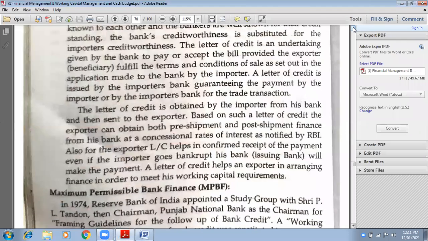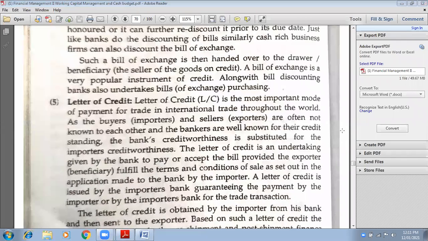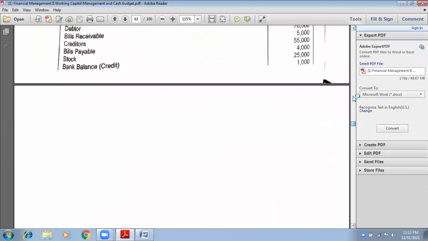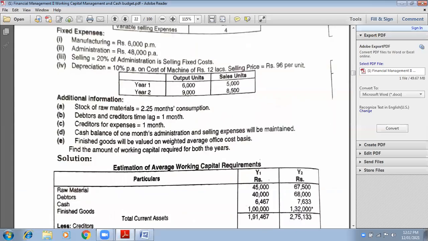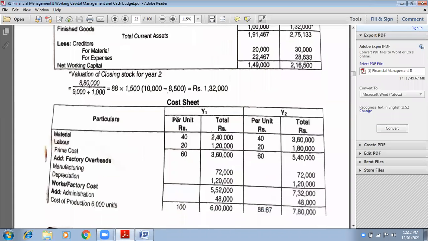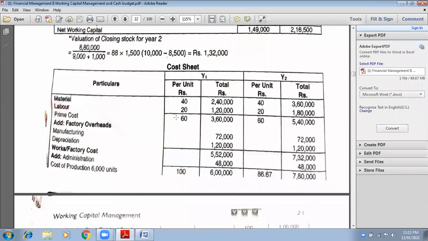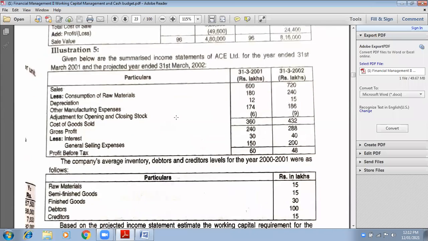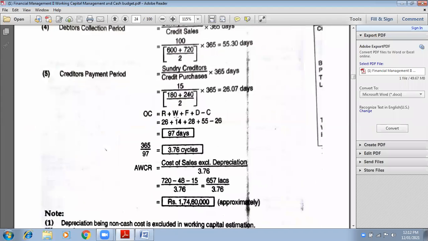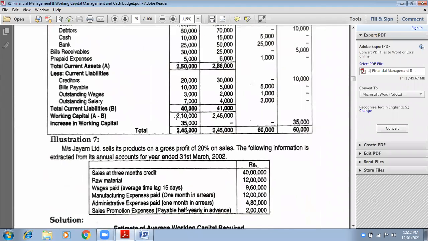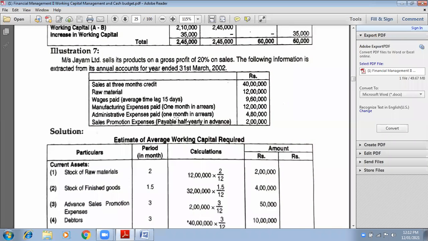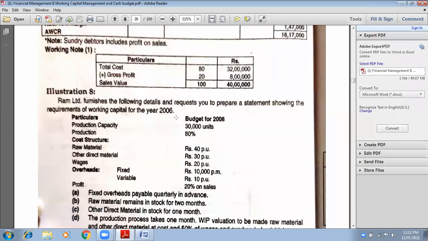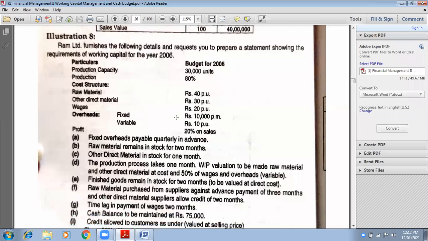Now suppose you have already done a question, right? Which question have you done? Tell me, which was the number? Ma'am, this is illustration 8. Okay, now take it out. That illustration number 8, take out that solution part. We have already done this question.